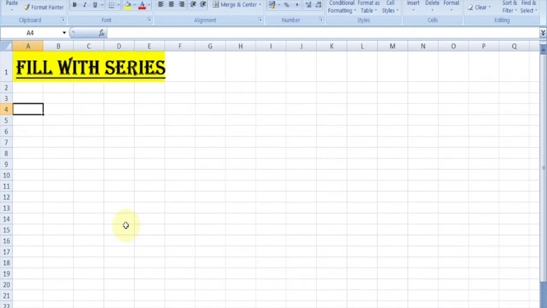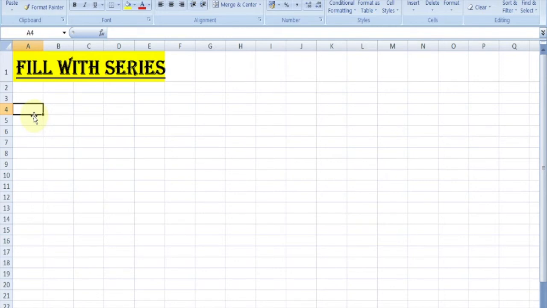Now let's learn about fill with series. This is another style of the autocopy and autofill features of Excel. Let's start. Suppose we want a series of January to December.